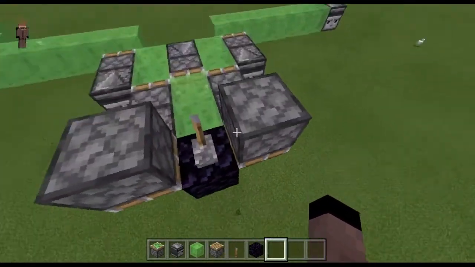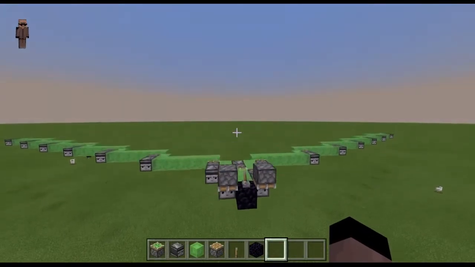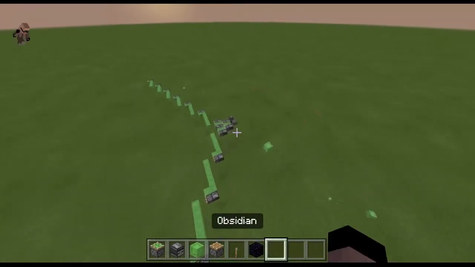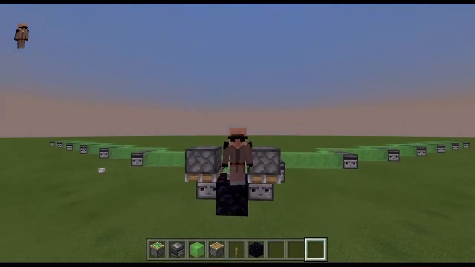And yeah, I just added these bits here because this is what's going to actually switch it on, because it activates the observer, which activates the whole machine. Anyway, the next step before you flick the lever, hopefully none of you flick the lever before I've finished explaining this,